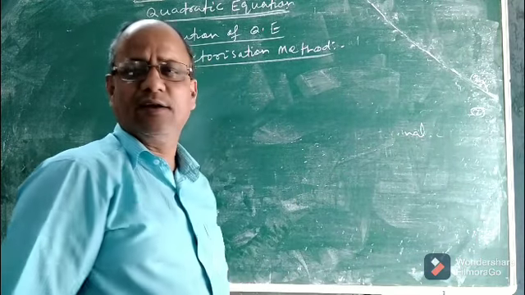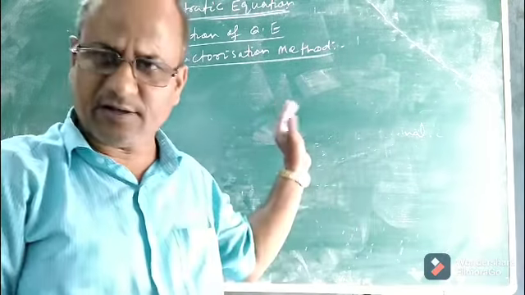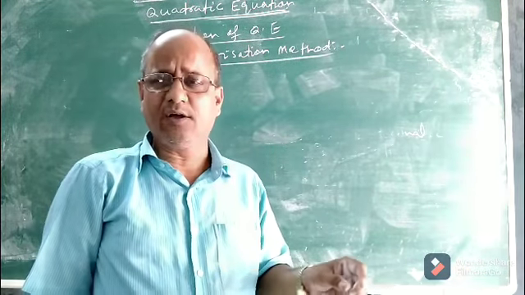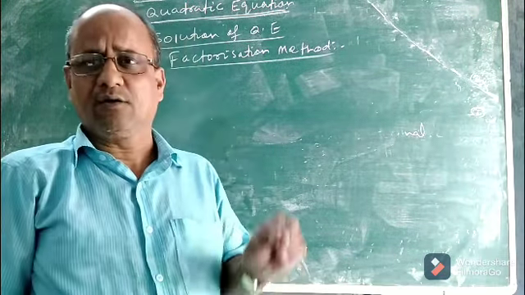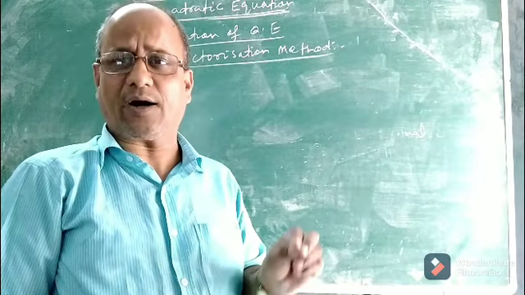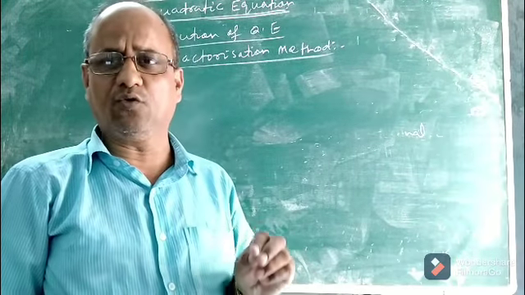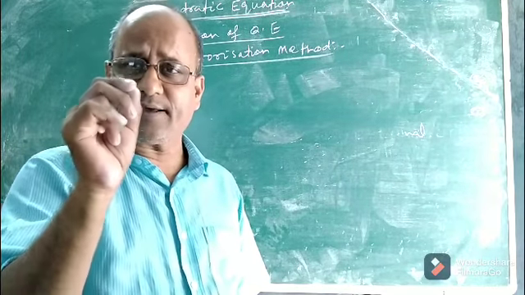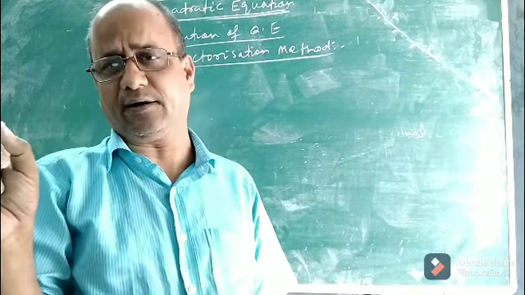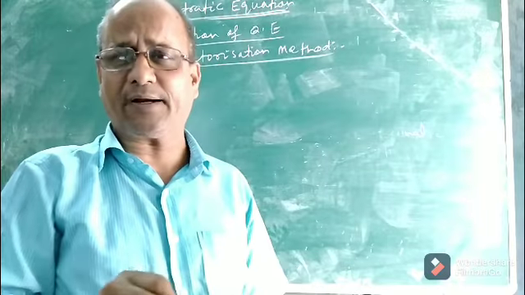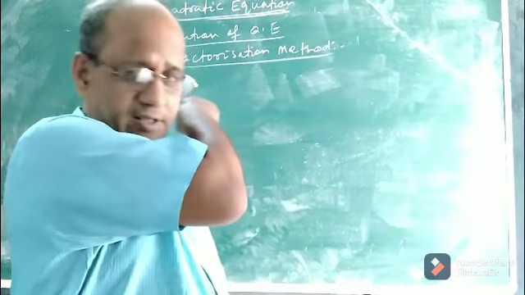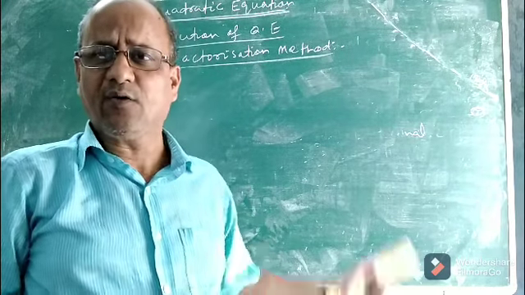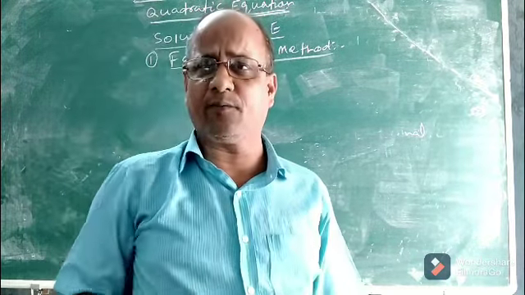Let us discuss. Children, it is also not very difficult. It is very easy, because while finding zeros of a quadratic polynomial, you recall in the chapter polynomial, I had discussed how to do it. What was the method? Have you remembered? The method is to break the middle term by splitting the middle term. So this splitting the middle term factorization is known as the factorization method of solving any quadratic equation. Let me discuss what is the method, what is its principle with the help of one example.